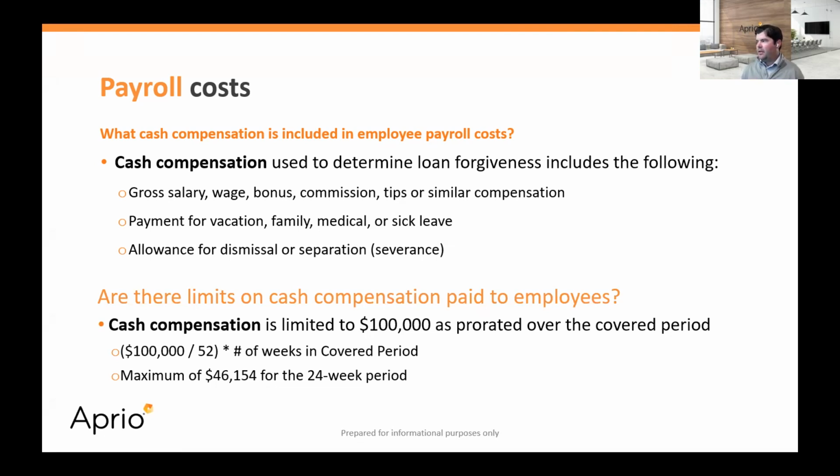It's limited to $100,000. It's prorated over your cover period. So in terms of cash compensation, basically what you have to do is take $100,000, divide it by 52, and multiply it by the number of weeks in the cover period. So when you work that out on a 24-week cover period, it works out to